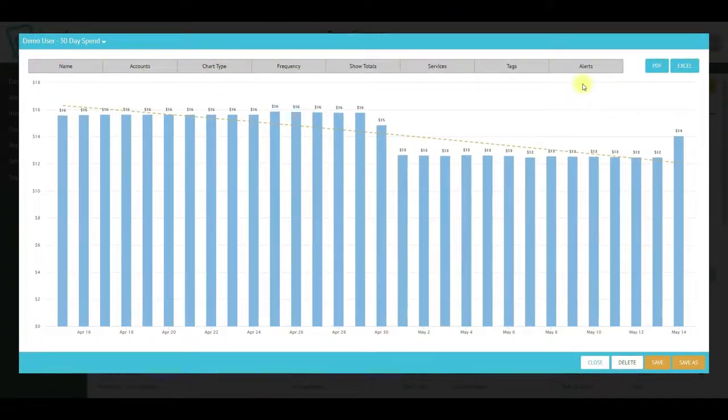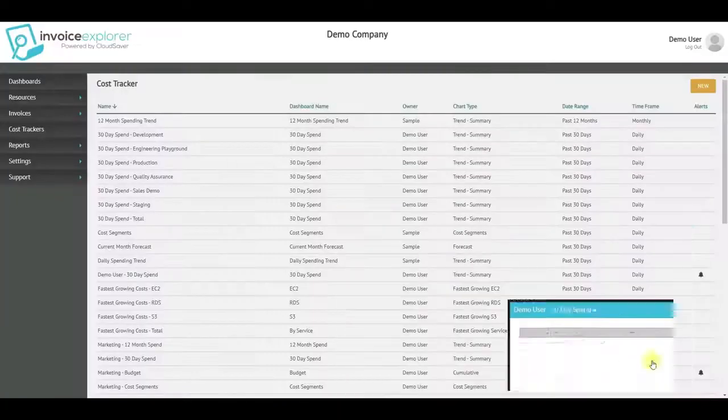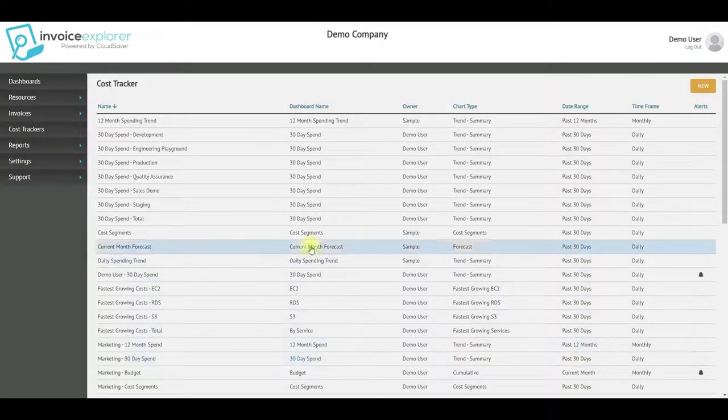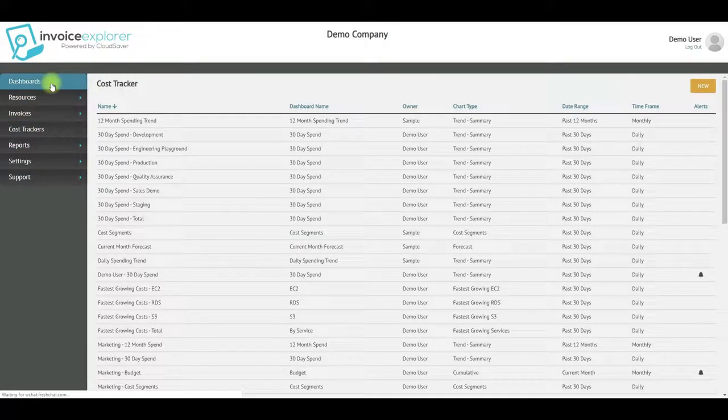And that's it. When you're done setting all your filters, just click Save. Now remember, each cost tracker that you create can now be viewed on any dashboard. Here's how you add it. We're going to go up to Dashboards